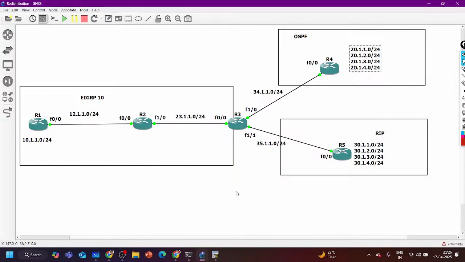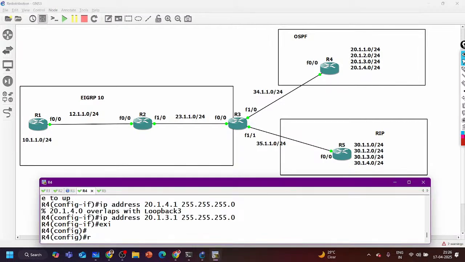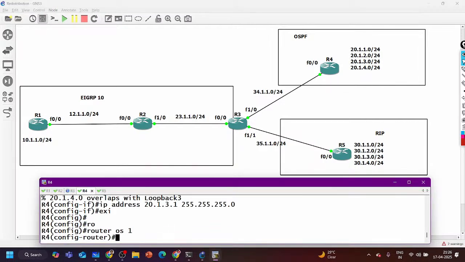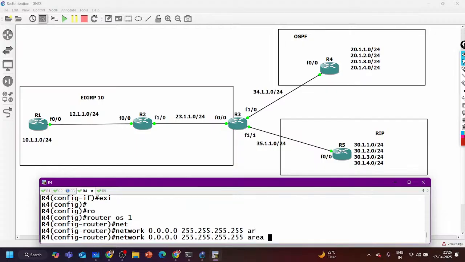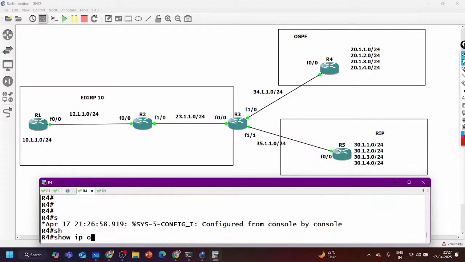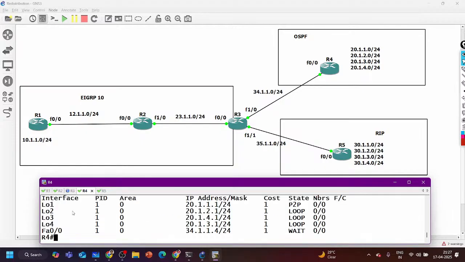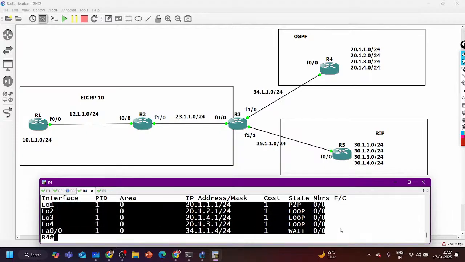This is 20. Clear? And let me enable OSPF protocol here, router OSPF 1 and network 0.0.0.0 255.255.255.255 and area 0. This command will enable OSPF on all the interfaces here. So show IP OSPF interface brief. You can see OSPF is enabled on all the interfaces.